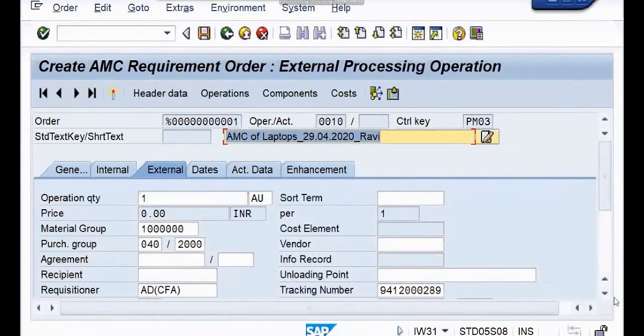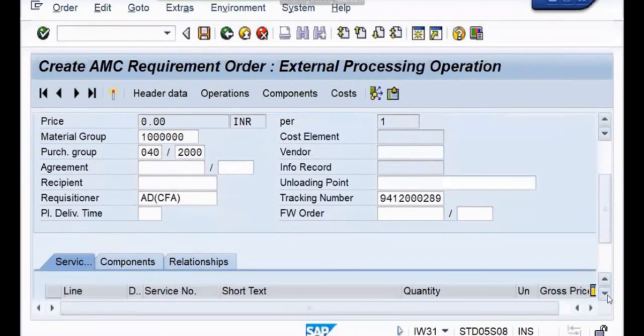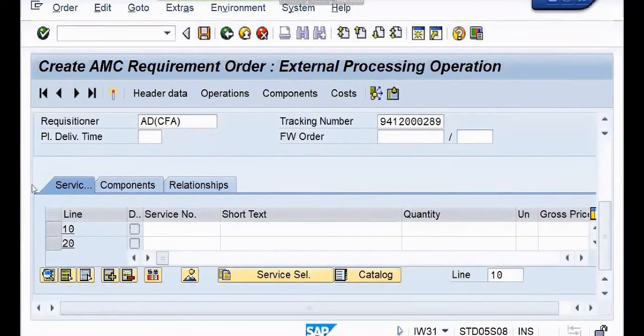Next to this, when I scroll down, right over here, you can see there are three horizontal tabs. One is services, other one is components, and next relationships, right? Now it's the time to maintain the service parameters within this maintenance order of AMC.